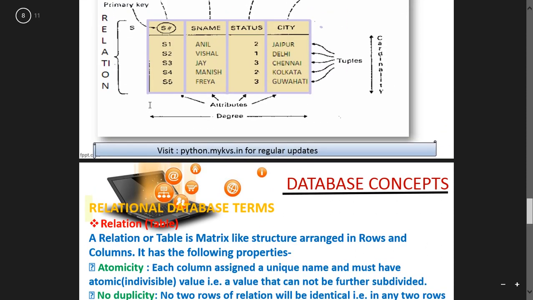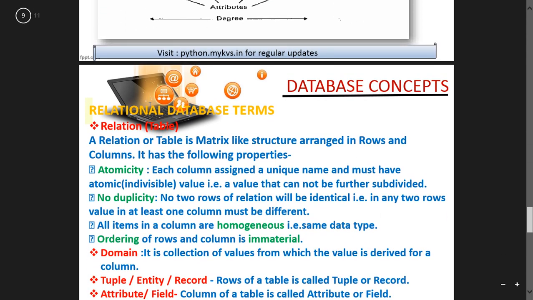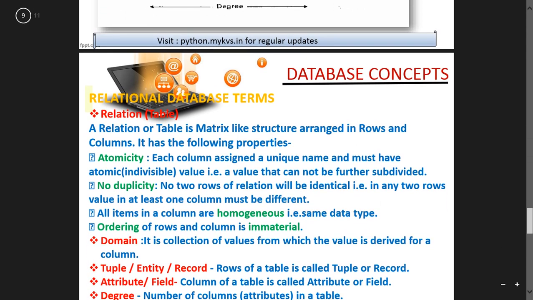You have this much of column. Can I divide S name again? Of course, if you had written Anil Paswan or Anil Banerjee or Anil Nair or Anil something like Anil Joseph, all these things, then you have a first name and a last name. Then if you want, you can divide that name as first name, last name. So basically it depends upon our wish whether you need a column to have more division or not.